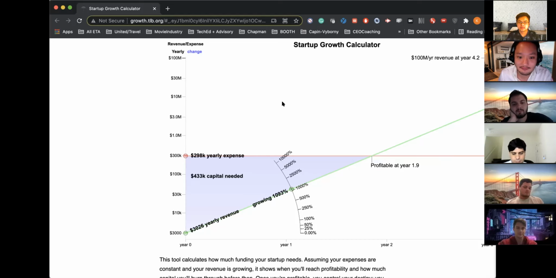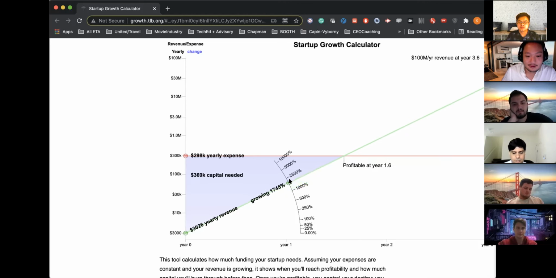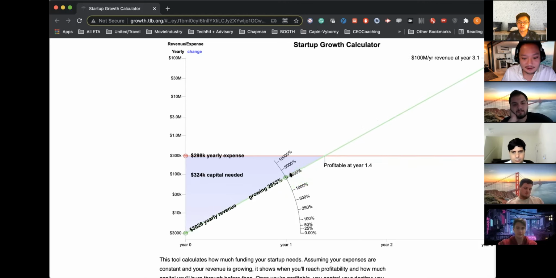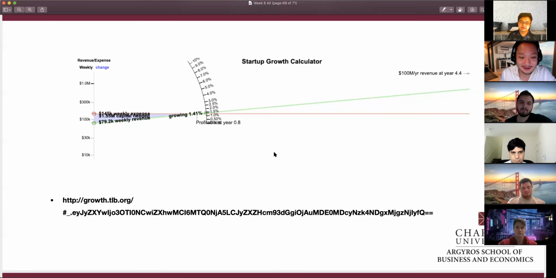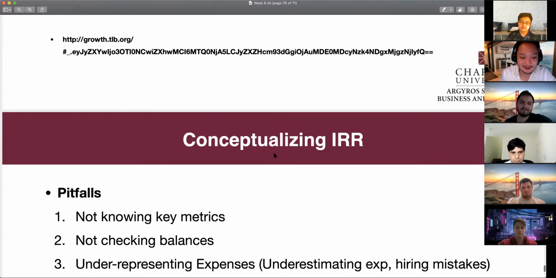That's why I always talk about footnotes, guys. If you understand your cost, you're already halfway there. But the next part is figuring out your growth assumptions, and the only way to do that is to really understand your metrics. I wish I knew some of this when I was doing my first couple of ventures. I think I would have had a more victorious outcome. But nonetheless, I'm still young and I'm still here, which is great.